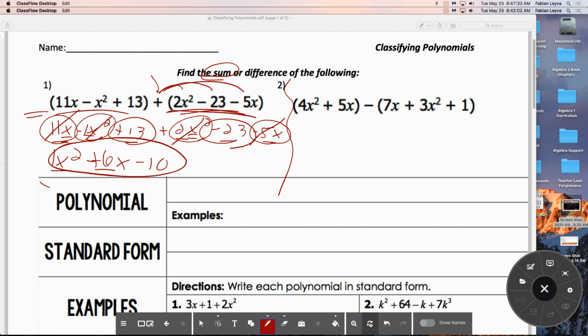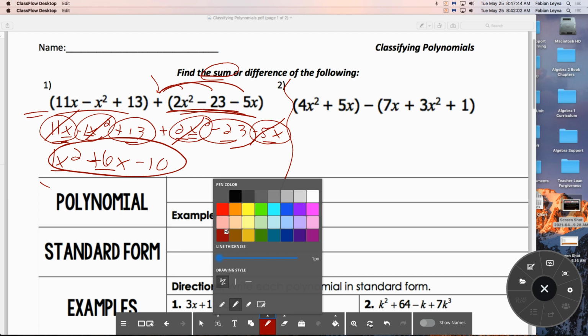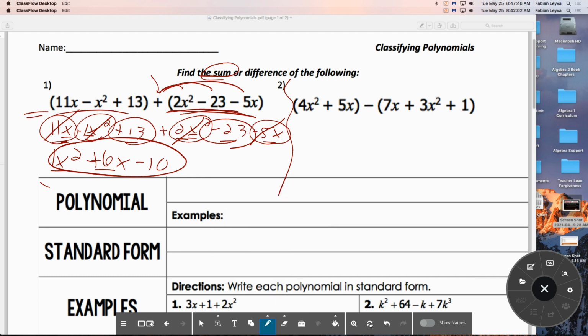So if I look at this one, I can see that I'm finding the difference. How do I know I'm finding the difference? Because there's a very obvious subtraction sign between two parentheses. That means you're subtracting. Now notice there's nothing to distribute in front of these parentheses, so I'm just going to do exactly like what I did before. Just rewrite it over